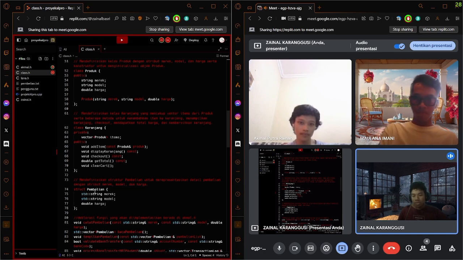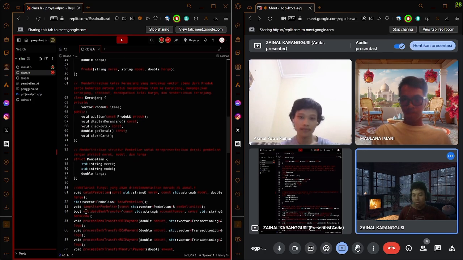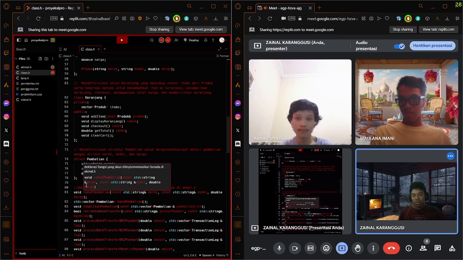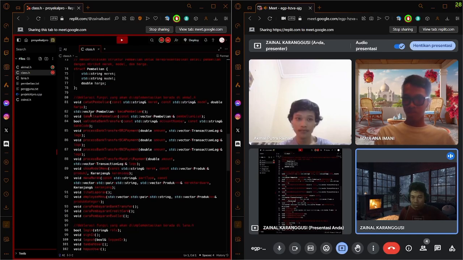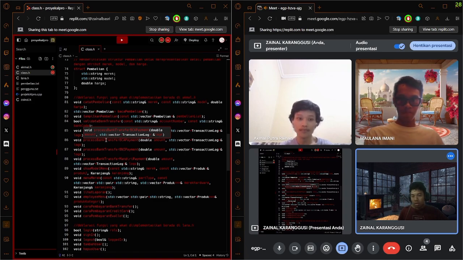And we have void simpan pembelian, which adds the payment to pembelian.txt. Now we have vector pembelian, which has void tampil pembelian, which is to display the payment and so on.